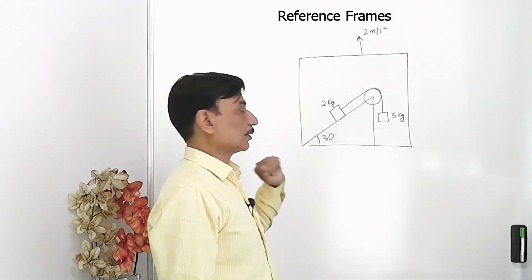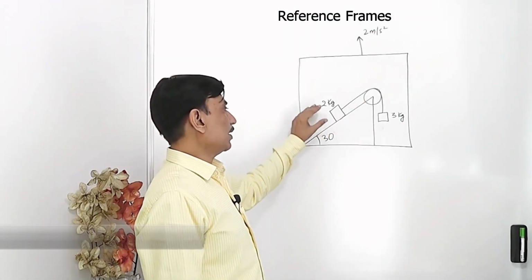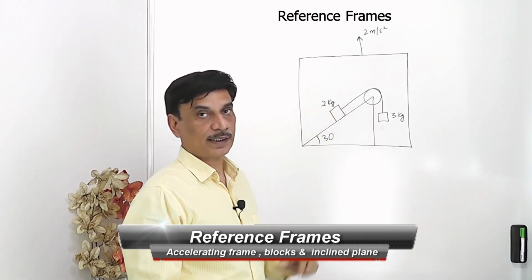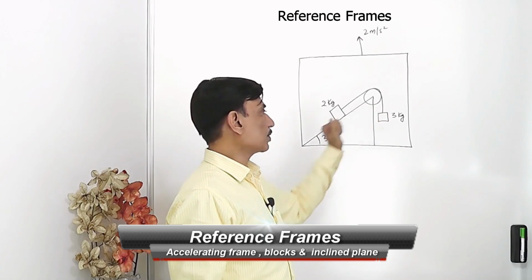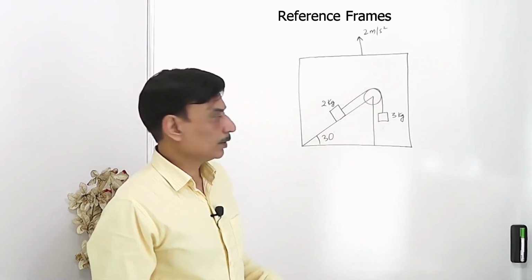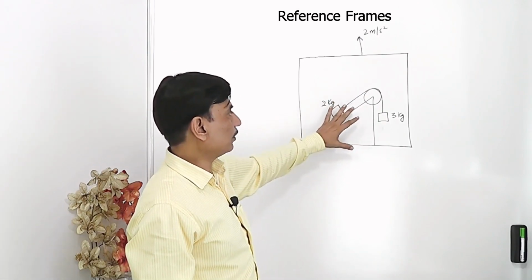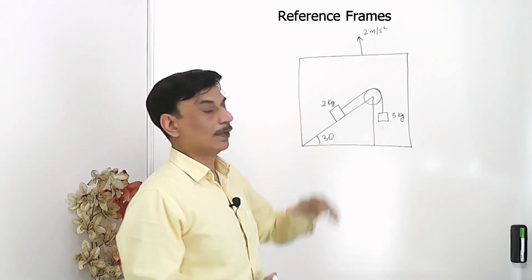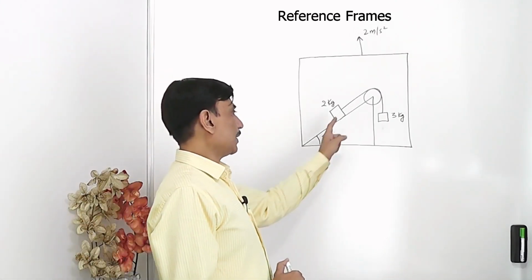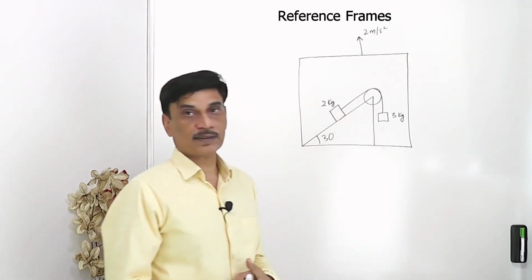Frictionless inclined plane. Onto the inclined plane there is a mass of 2 kg, and over here there is a mass of 3 kg which is vertically hanging, and these two blocks are connected by a massless string passing over a pulley. This whole system has been put into a lift elevator which is vertically moving up with 2 meter per second square. We are asked, what are the accelerations of these two blocks, 2 kg and 3 kg,